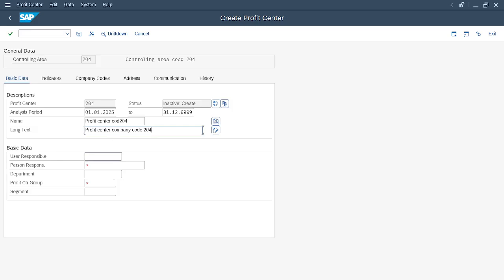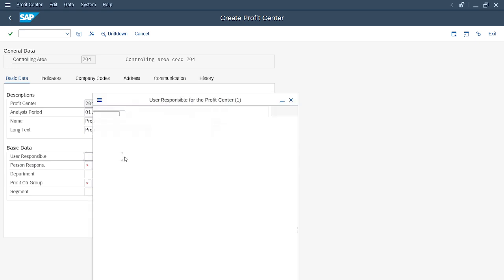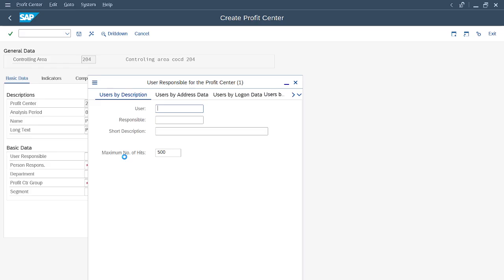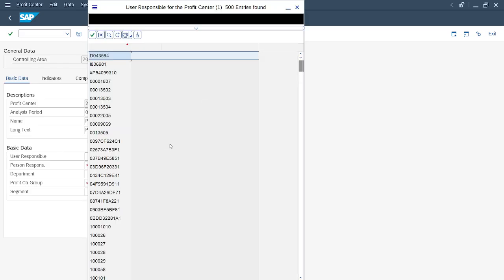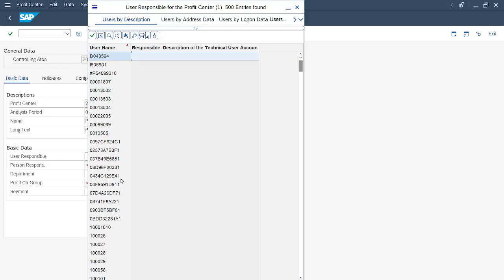Then who is the user responsible here? Means particularly which user is using it. Just like the first one, here we have multiple users, but in the real system, a particular user will be there. Like I told you about the tolerance group, multiple users have been assigned to the different tolerance groups.